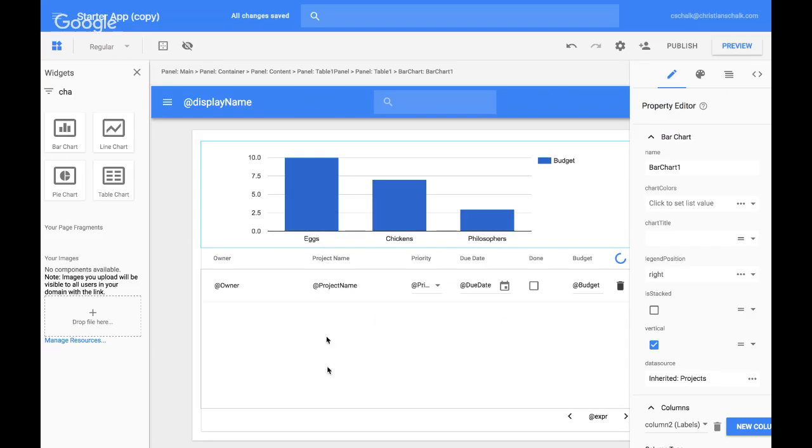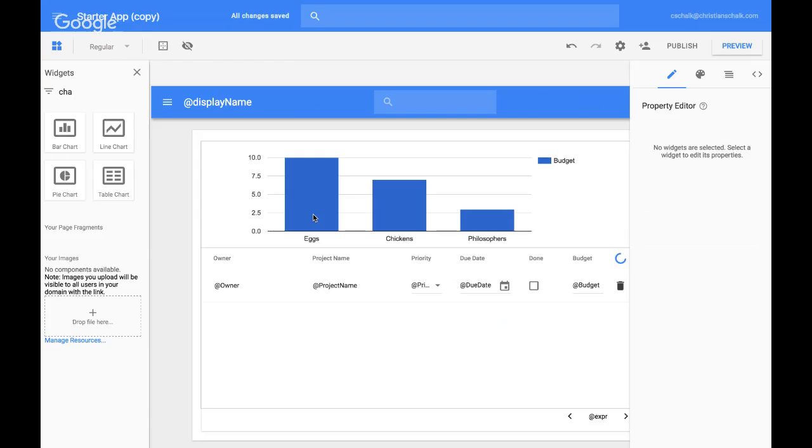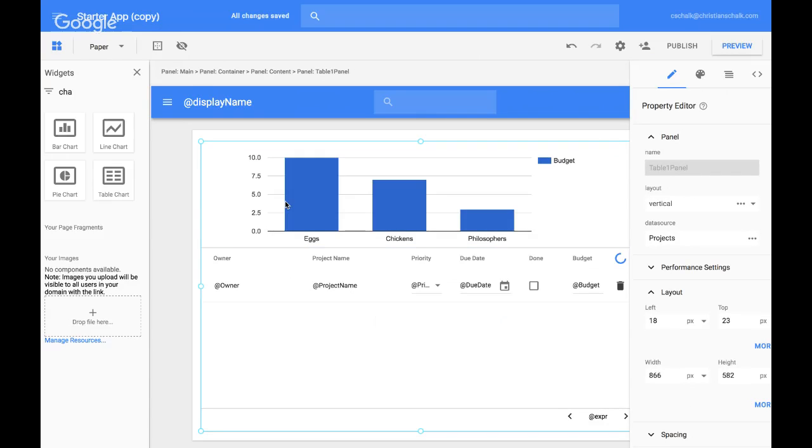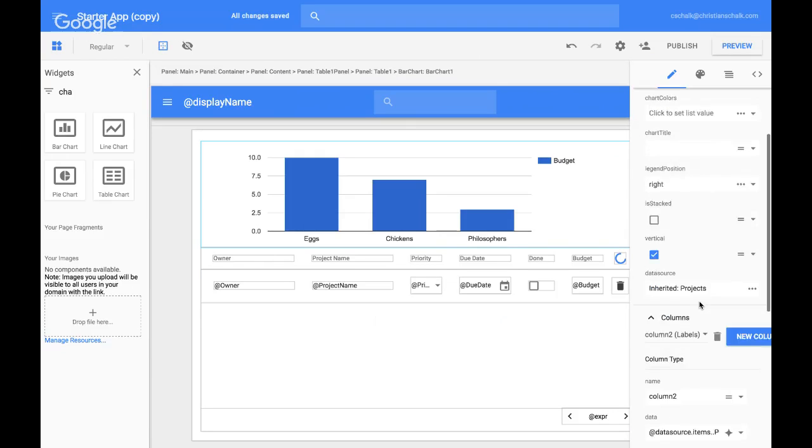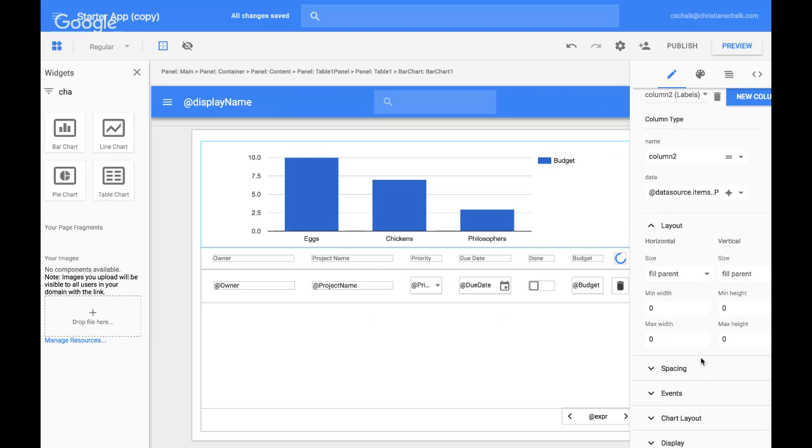You notice the chart is literally right on top of our table beneath it. And you can even tell this by clicking on this handy tool, like the Show Outlines tool. So I click on Show Outlines, and you'll see that all the widgets, all their boundaries are now shown. This is especially helpful if you want to know if any widget is on top of another. So I just toggle that, I turn it on, and I see there's literally no boundary between the chart and the table. So I'm going to click on the table, and I'll scroll down here to a section called